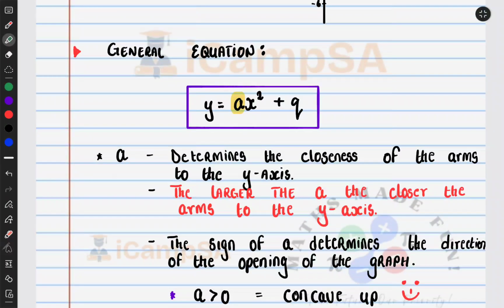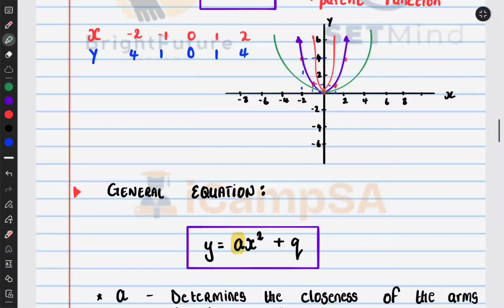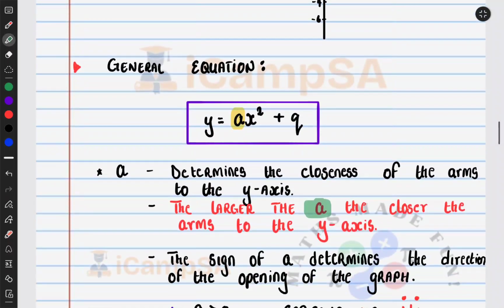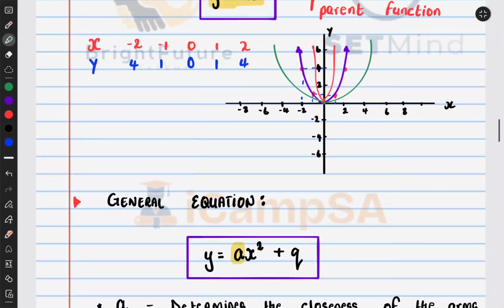Next, the larger the value of a, the closer the arms are to the y-axis. So when we increase the value of a, which is the coefficient of x squared in our general equation, what happens to the arms? The arms get closer to the y-axis. As you can see from our graph there, the graph that is closest to the y-axis is the red one, which means the red one has the largest